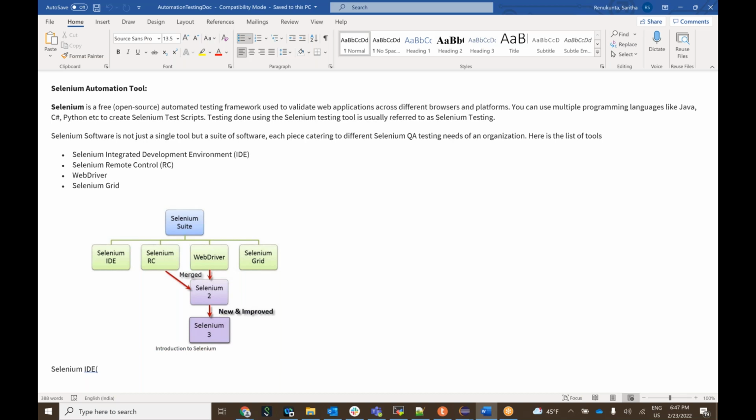For that we will use Selenium. Selenium is an open source automated testing framework, which will be used